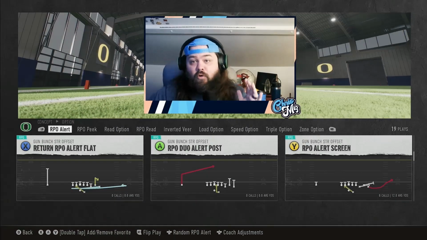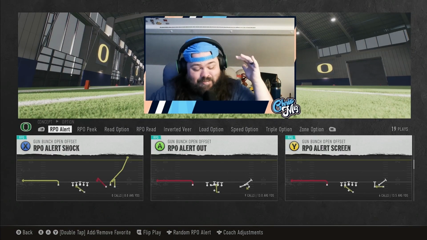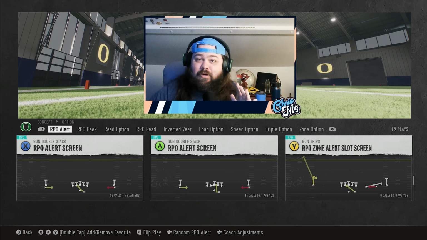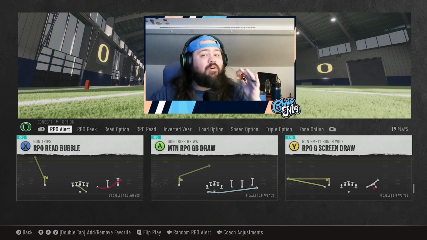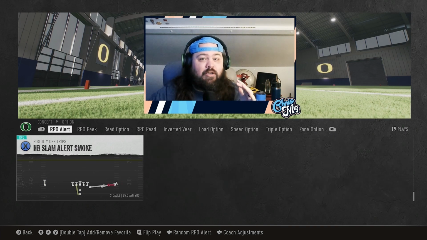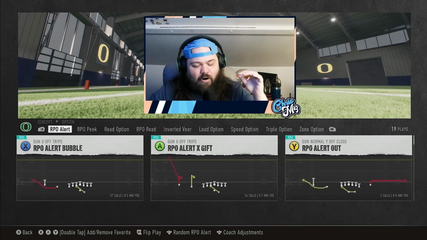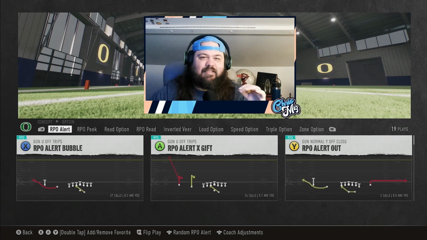The RPO, or run pass option, is taking over offenses everywhere. You'll be hard pressed to turn on a game Saturday or Sunday without seeing an offense with the RPO worked into it. But with so many options going on, there are a lot of opportunities for turnovers and misplays. So we're going to walk through some of the best basic tips to make sure you're utilizing the RPO well